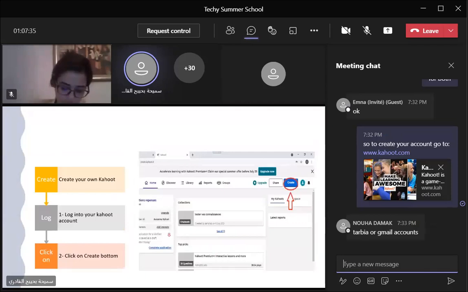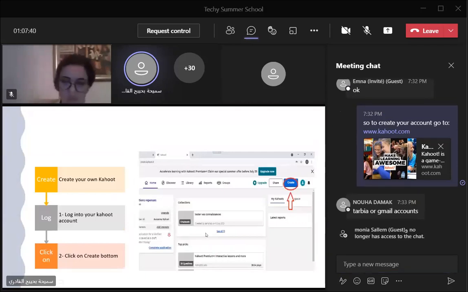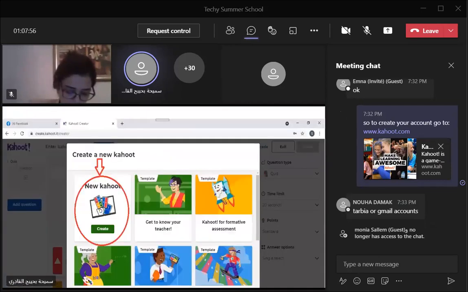As it is here, it is a sample of an empty one. There is nothing, there is no Kahoot here. Here we have my Kahoot. If you tap on it and you have already made some Kahoots, you are going to find them there. Of course, you are going to create a new one. Click on the create button, and automatically you're going to find yourself here. You tap on create new Kahoot.